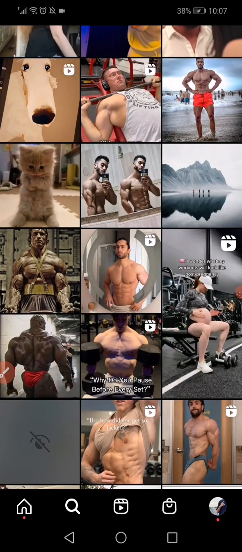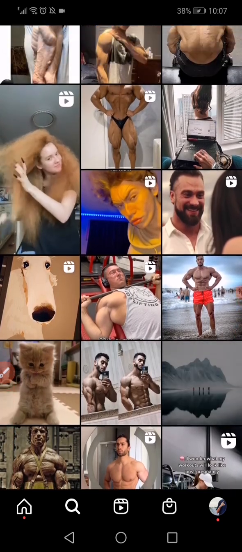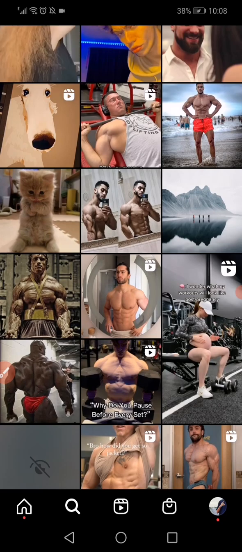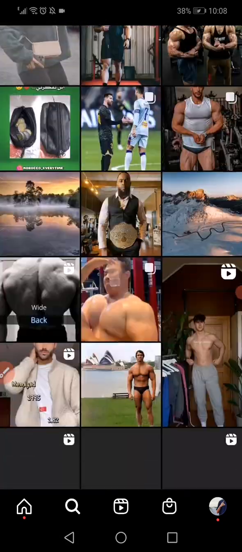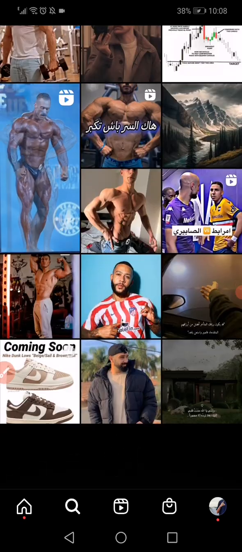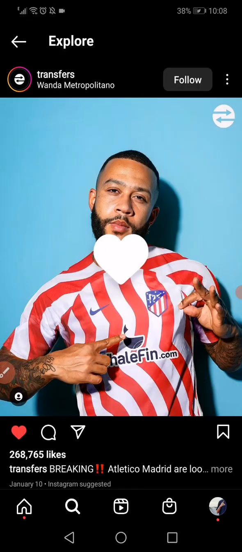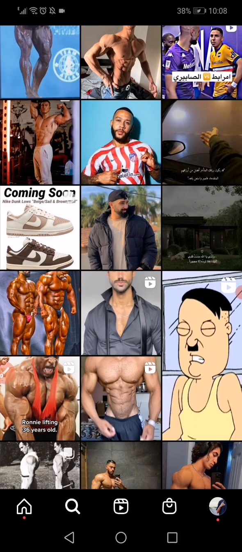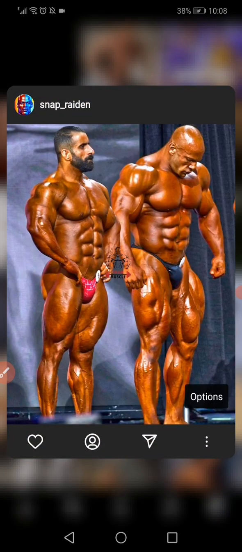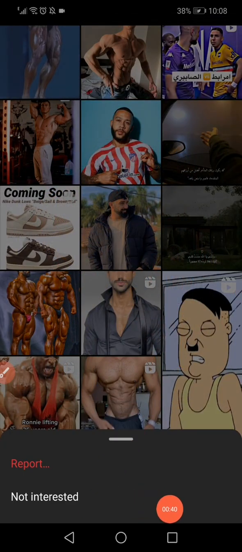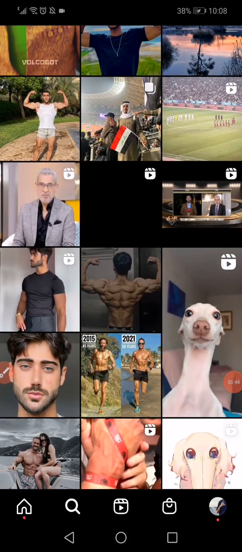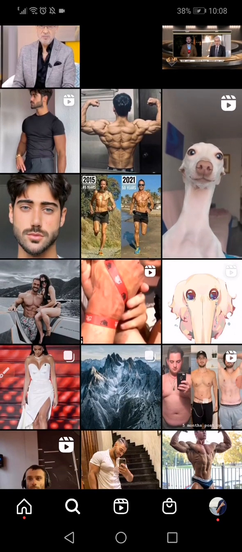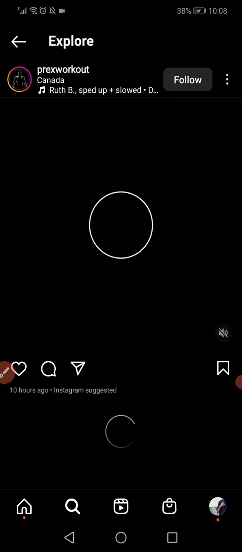All what you have to do, if you don't like, for example, the fitness content, then you must start liking other posts, for example, animals and, like this, for example football, and go to the fitness posts and click on the options and choose not interested, and also make sure to put a comment on the posts that you